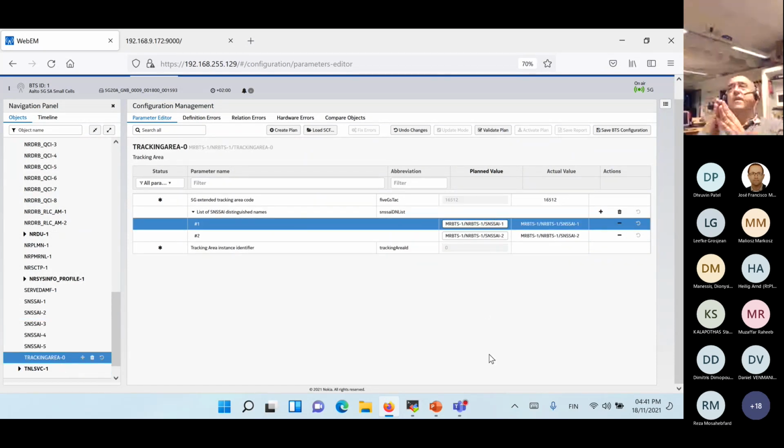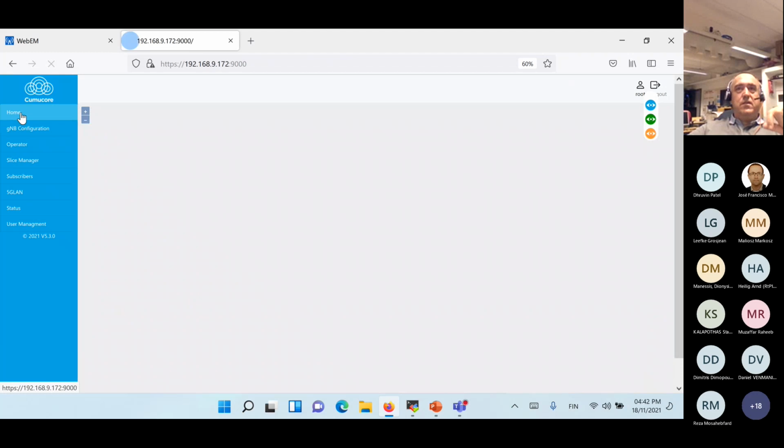So basically, that means that when a device connects to this base station in this tracking area, it has these 2 slices available. So now, these 2 slices will be associated to the 5QI parameters that have been defined before. Now, if I jump into, let me see,